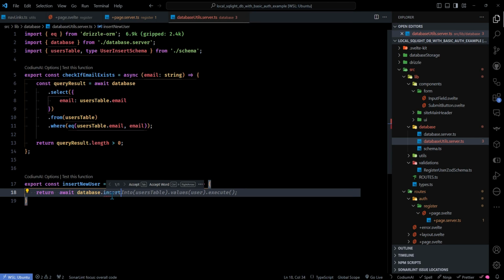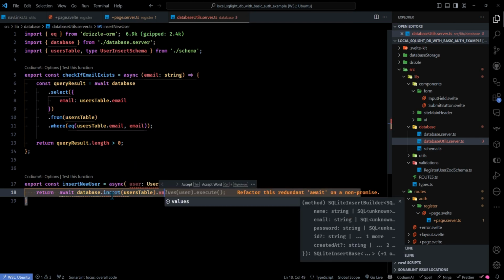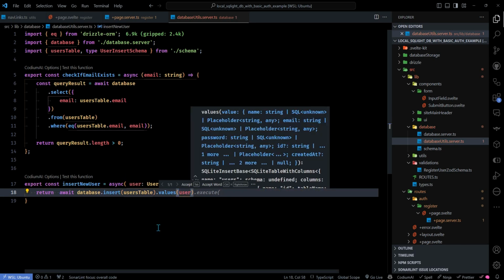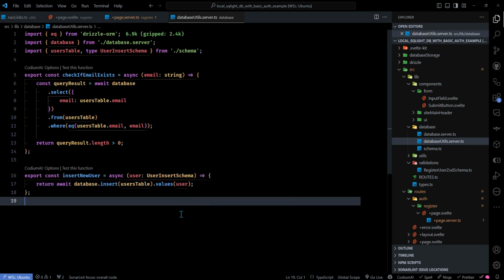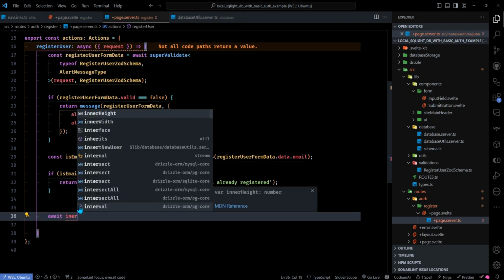So we're going to say insert, and we're going to want to insert something into the users table. And the values that we want to insert are the values of the user that the user submitted via the form. And that is it for the insert function. Pretty quick and simple. So now we want to await insert new user,